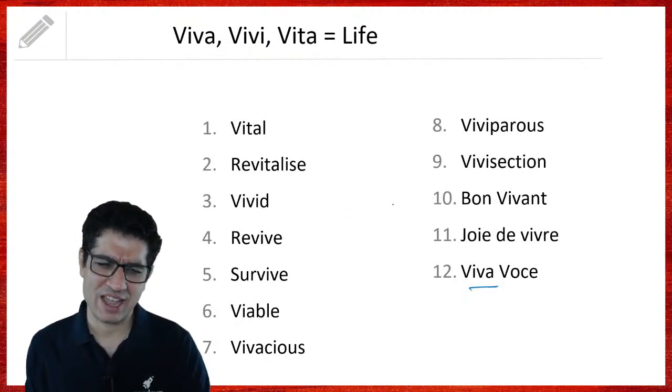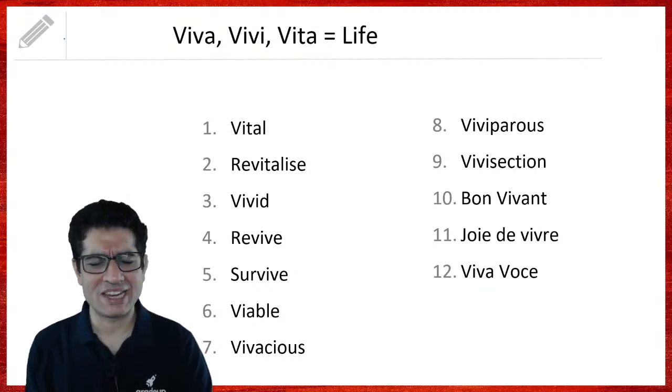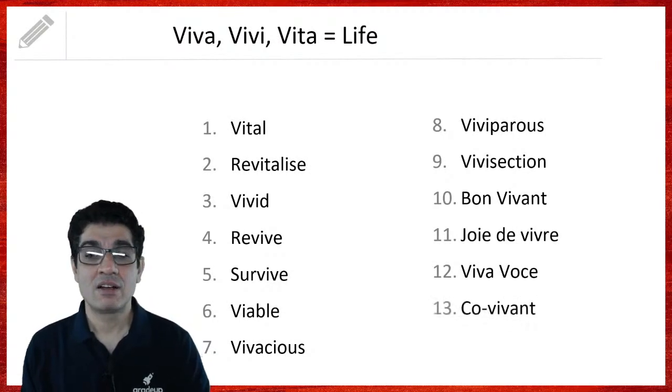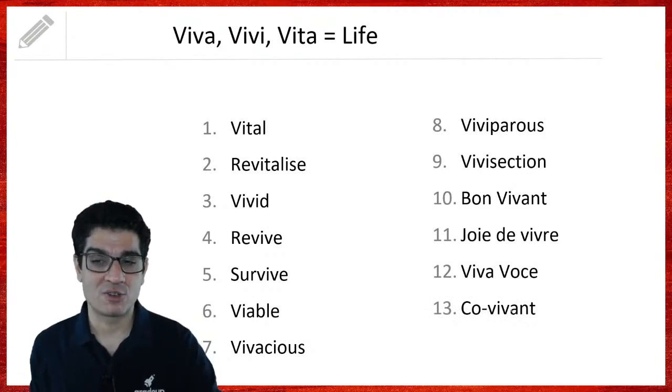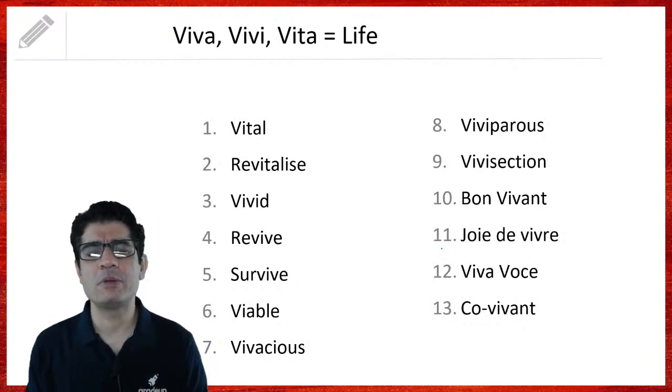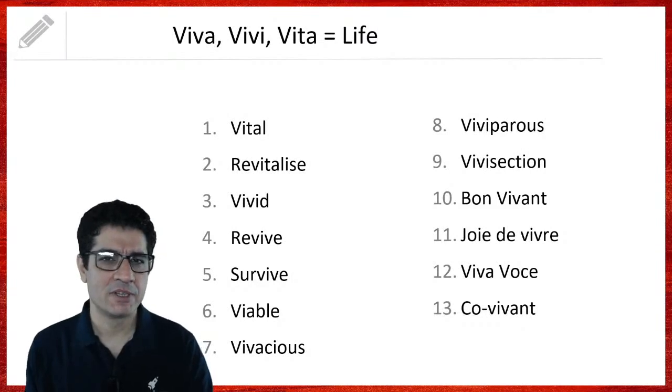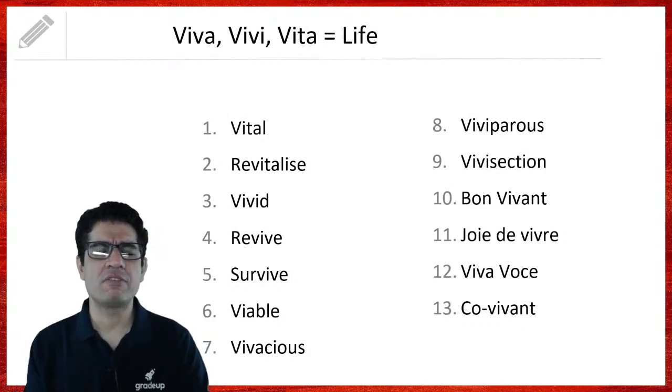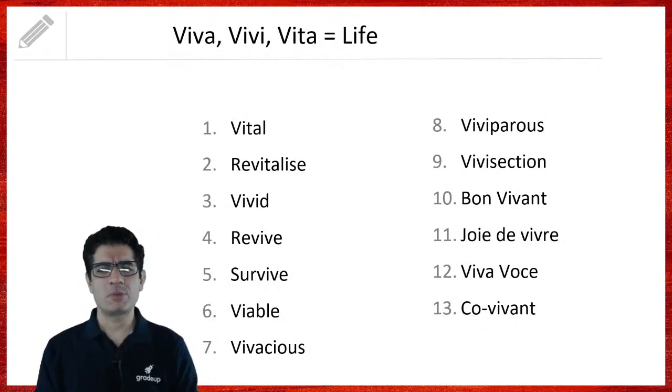Sultan of Brunei, absolutely. Most of the billionaires, Siddharth, most of the billionaires really. Anybody who has more than $100 million would actually be a bon vivant. Okay, next, co-vivant. Co-vivant are two people or people who live together. So if Rakesh and I are co-vivant, तो हम दोनों साथ में रहते हैं.